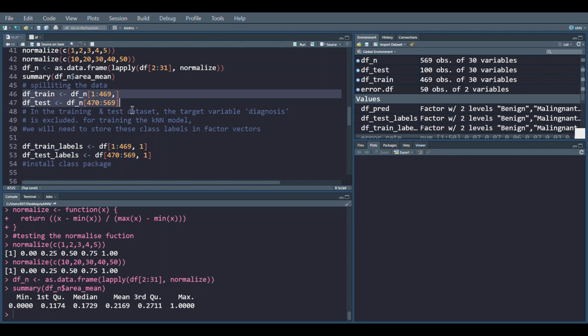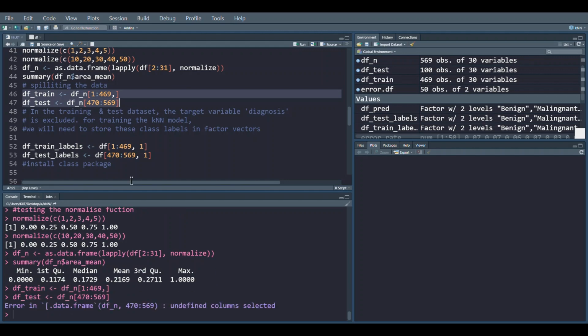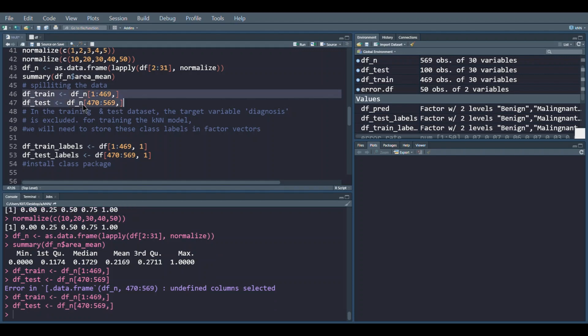So let us first run this command. Oops, sorry, I forgot to put a comma. I guess now this would run. Yes. So now we have split our data into two parts. One is train, one is test.